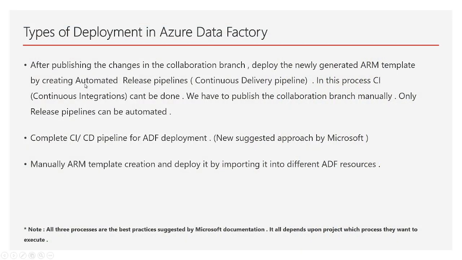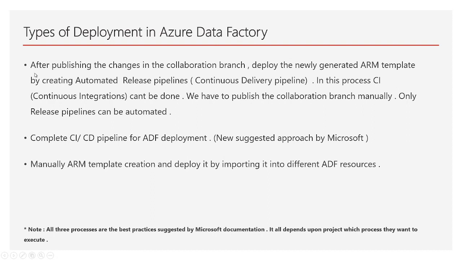So there are three types of deployment. One is, if I go to my Azure Data Factory, I just want to show all these things to you one by one. So there are three types of deployments. One is your complete CI/CD approach, which is also fine. This is the newest method. I'll show these things in our second video, in our second chapter. Right now we will focus on this first chapter, that is, once you generate some ARM templates.